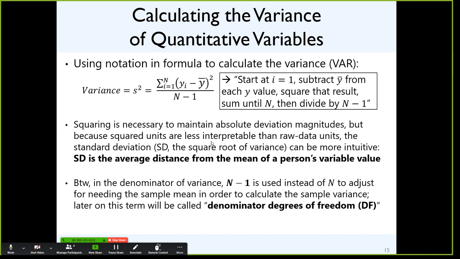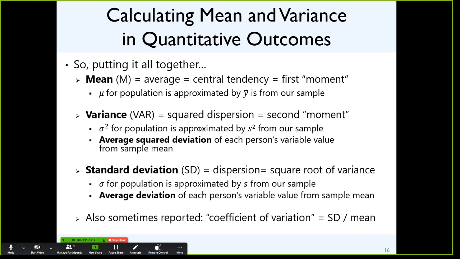That's a useful thing to know. So putting it all together then, the mean in APA style is often abbreviated with just a capital M. So when you describe a variable in parentheses, if you give descriptive statistics, you would say M equals a lot of the time. That's central tendency. If we're trying to talk about the mean for the big picture population, that's mu. What we're using to approximate it with our own data in the sample is y bar.